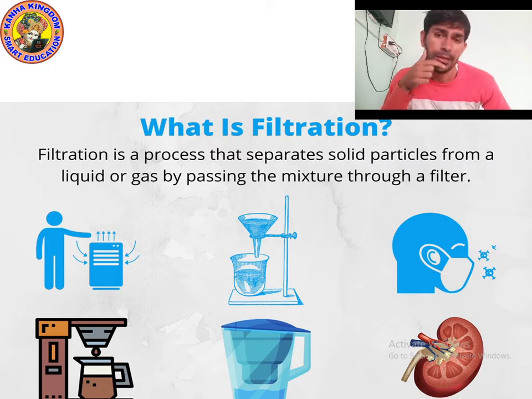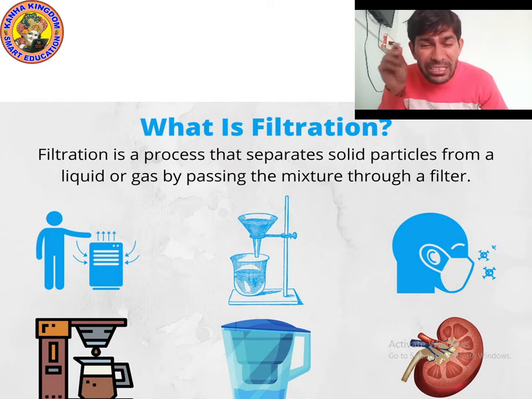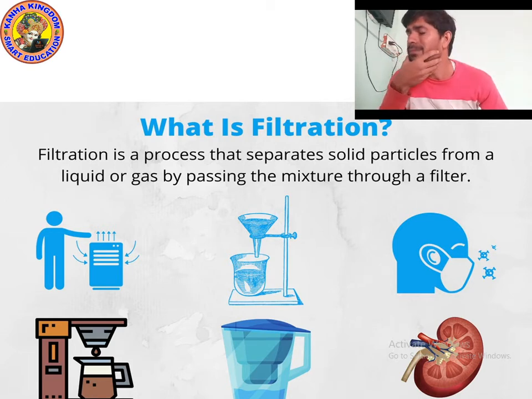So we can say the process by which very fine insoluble solid, like sand, if present in the water, can be stopped by this method, filtration. So the process by which very fine insoluble solid can be separated from a liquid solid mixture by passing it through a suitable porous material like filter paper. The liquid obtained after filtration is called filtrate, like tea is filtered using a strainer.